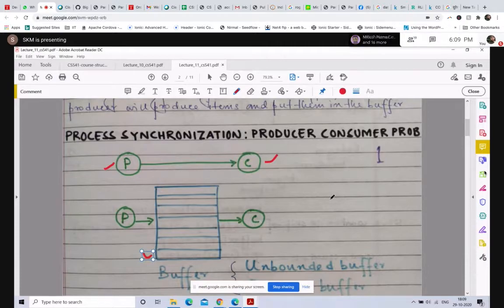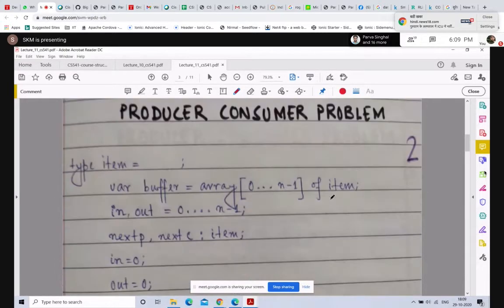And to put forward this idea, we took help of a very popular problem known as the producer and the consumer problem. Now, we will go deeper into this producer and consumer problem. Since I said that the producer process P and the consumer process C should be independent so that they can run concurrently, we can always put this problem in a co-begin co-end environment.